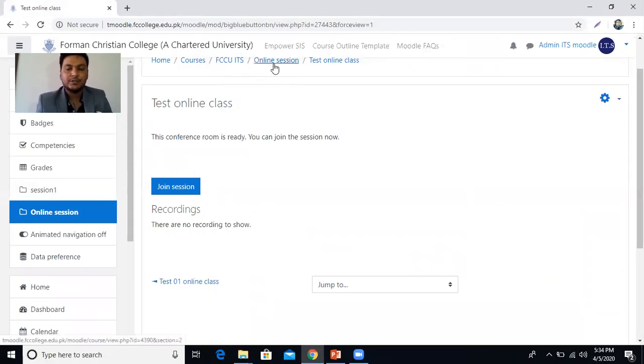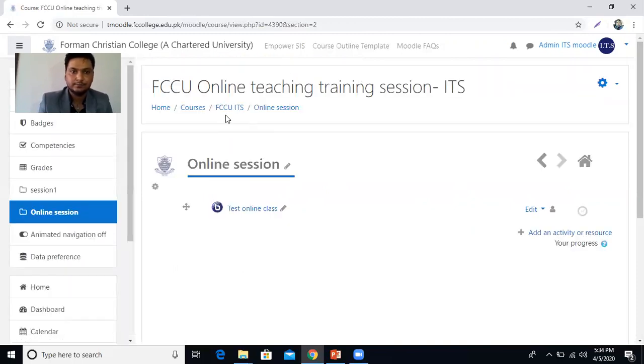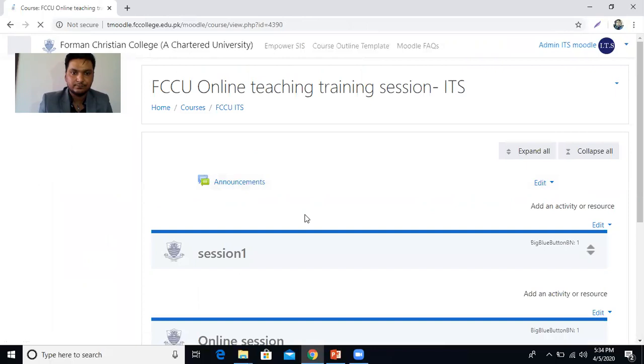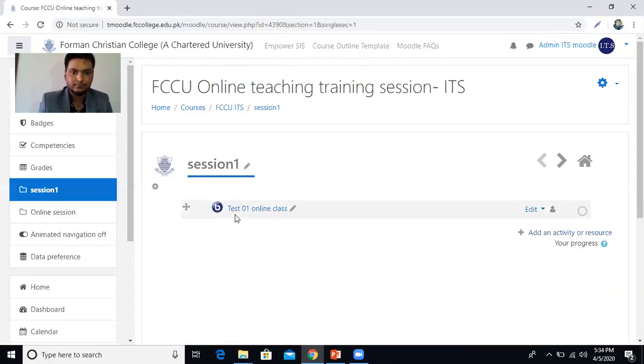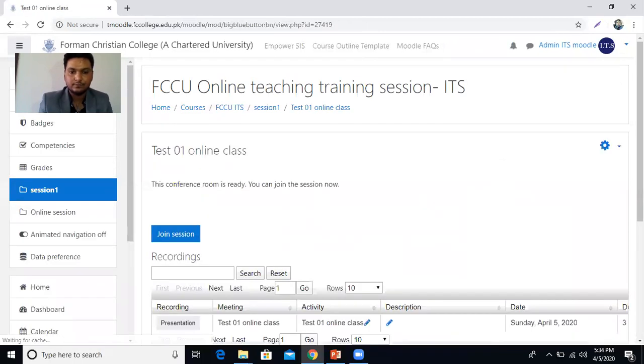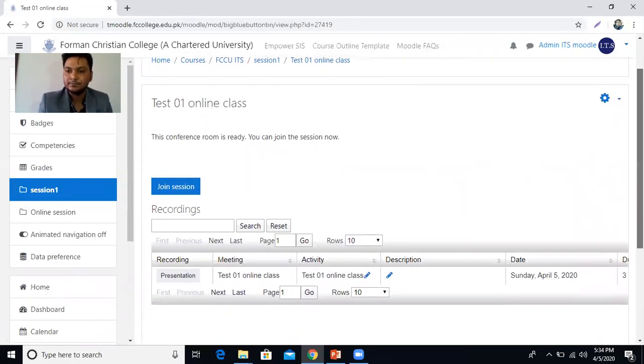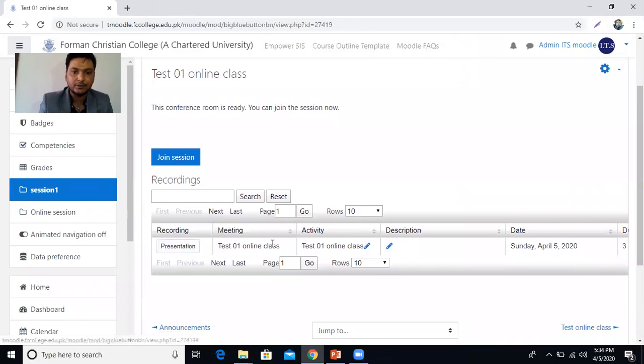So after some processing, our server will publish that file, and that file will start appearing here. I will show you an example. So your recording will start appearing here like this.